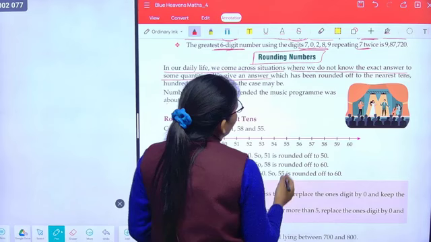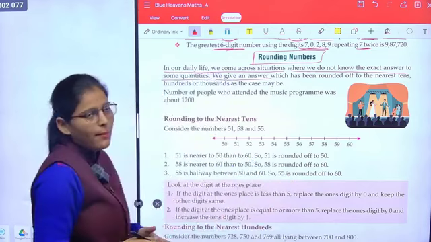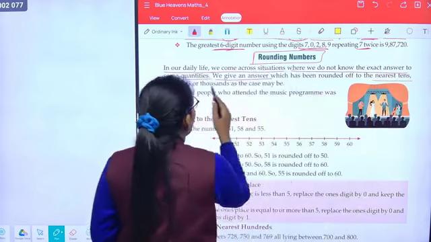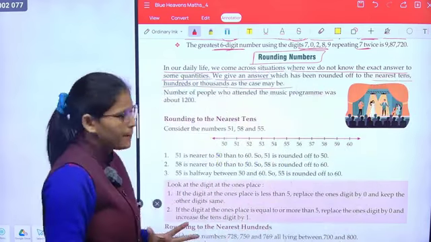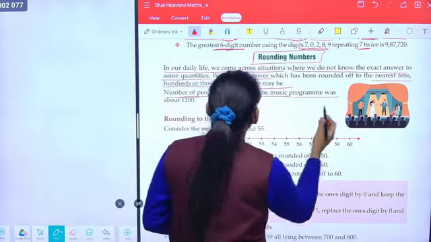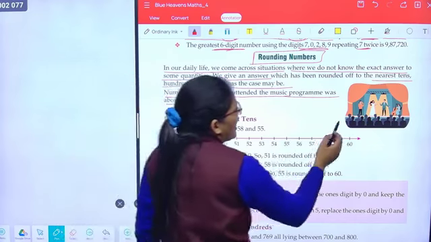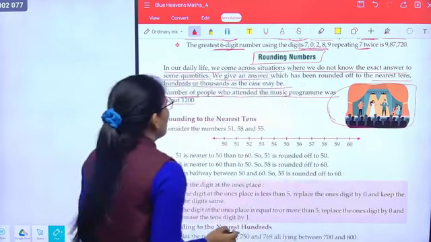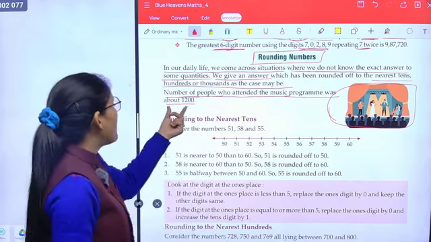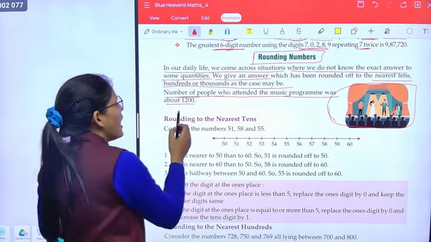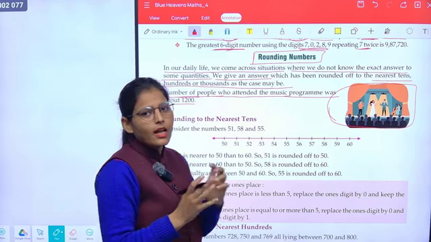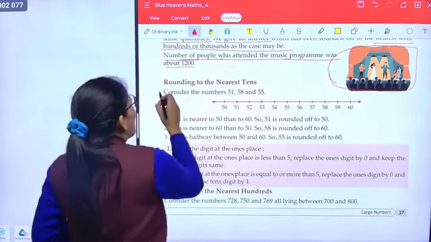Okay, we give an answer which has been rounded off. Okay, हम कैसा आंसर देते हैं, राउंडिंग ऑफ की अप्रॉक्स, nearest tens, hundreds and thousands as the case may be. Okay, number of people who attended the music program was about 1200. अब क्लास ये म्यूजिक प्रोग्राम था यहाँ पर। अबाउट मीन्स या तो 1200 होंगे या उससे थोड़े कम होंगे, उसके लगभग।